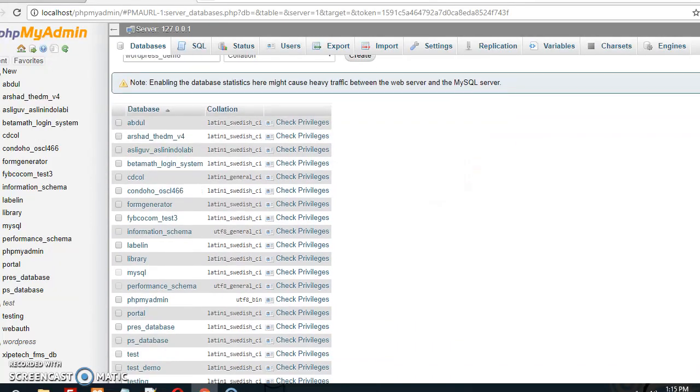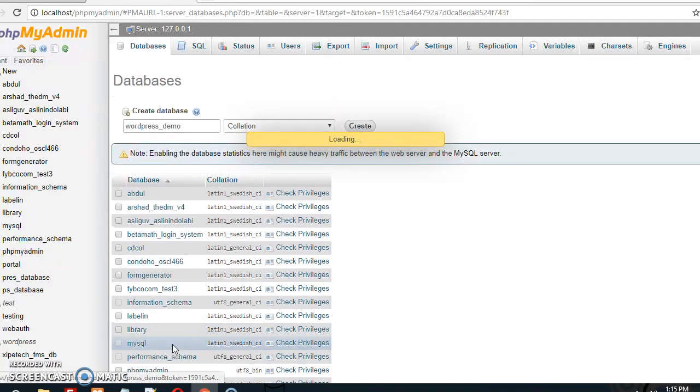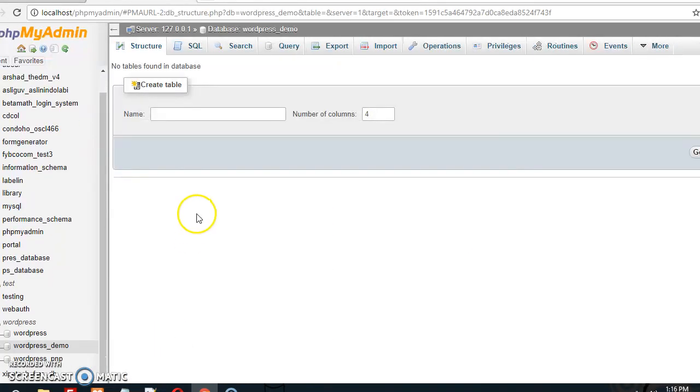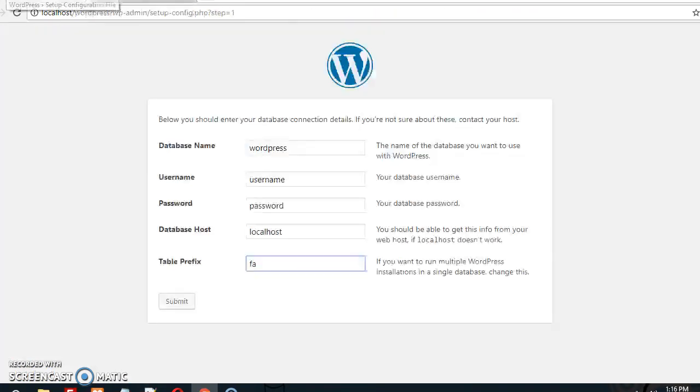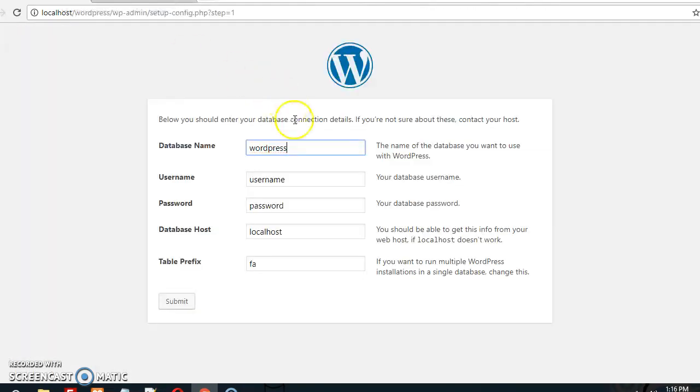The database has been created, WordPress as WordPress demo. Here we can see that there is no table created in it. When we are configuring setup, WordPress will automatically generate its tables. We have taken WordPress underscore demo, so we are going to write the database name as WordPress underscore demo.